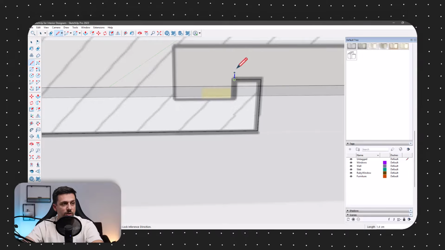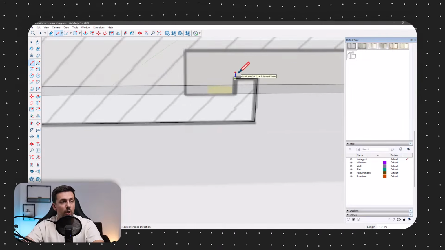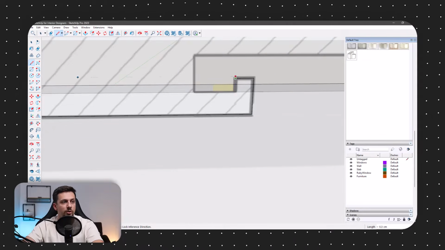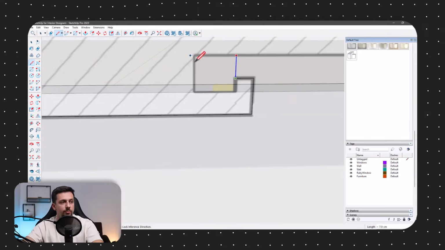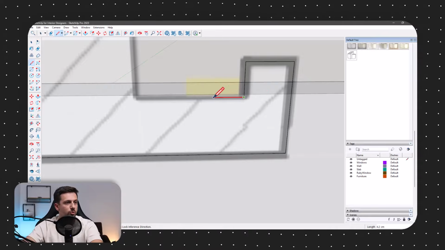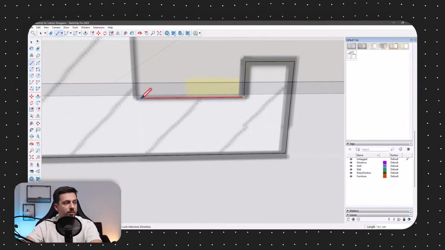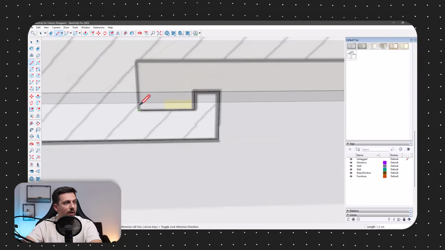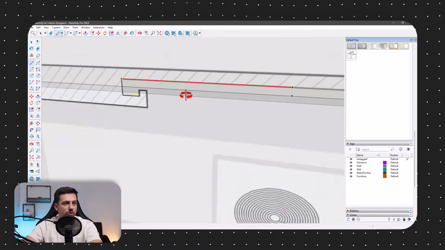So if I wanted to stick to the vertical axis, I can just press the up arrow key. And now no matter where I move the actual pen, it will go up and down. I'm going to click once again over here. Now we do want it to go to the horizontal axis. I can just press the right arrow key. We can go upwards once again, horizontal axis